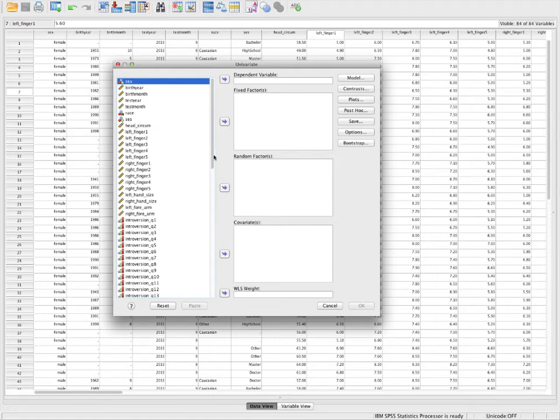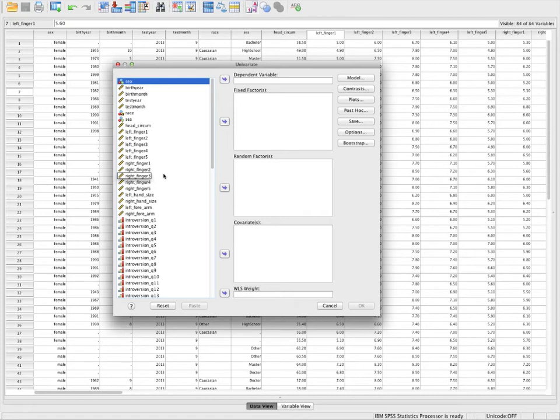So here, before we really put something in these windows, I'm going to tell you a little bit about this window called covariates. So what does covariates mean? And what does fixed factors mean? These are very important things for us to run our ANOVAs with different kinds of independent variables. Say, if we have